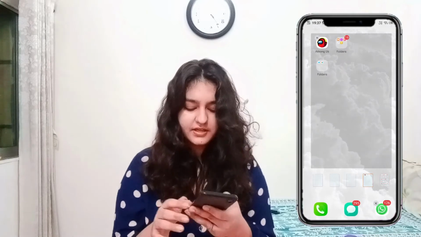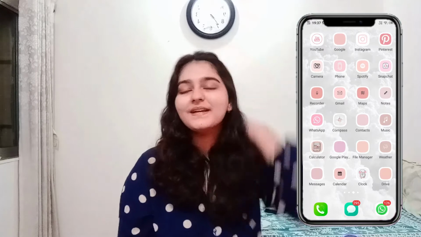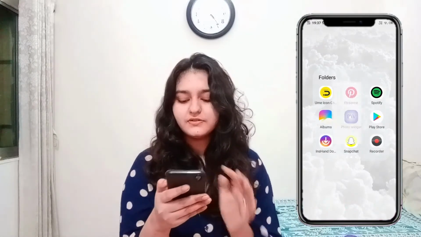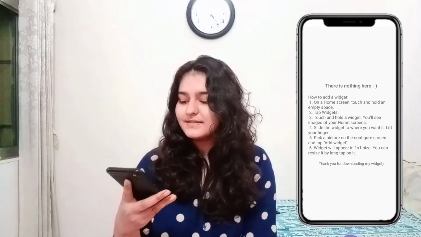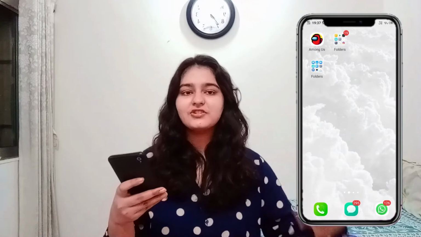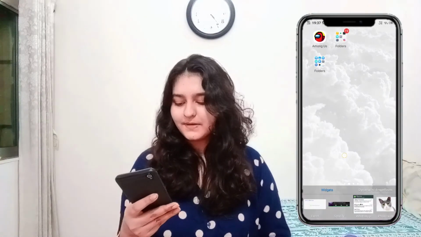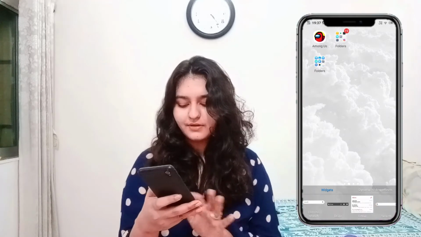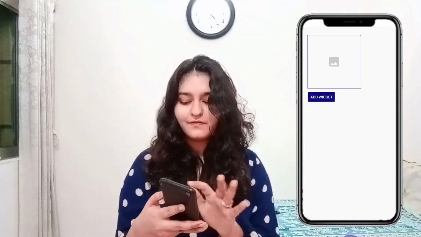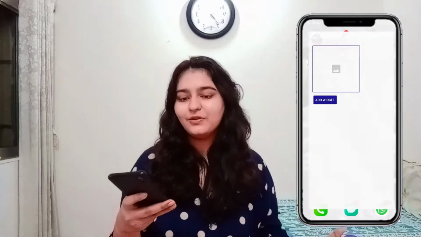Okay, so I have everything in 2 folders. And now what we're gonna do is basically I'm gonna tell you about this other app that we're gonna use, which is known as Photo Widget. And when you open this app, you'll see that there is nothing in the app, but basically what it does is creates a shortcut for you to add widgets onto your screen. What you have to do is long press on your screen, and when you go down and scroll, you'll see at the end a photo widget folder added, and over there you can add any widget that you want from your camera roll or gallery.